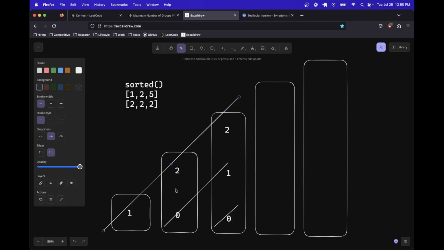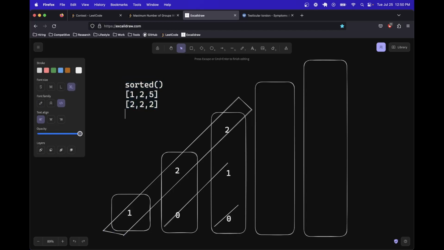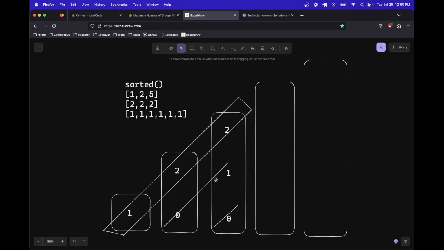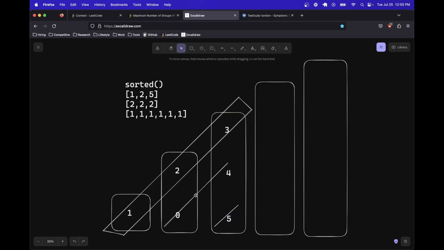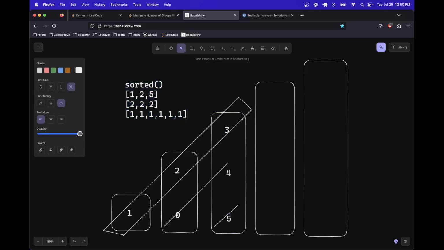we don't care at all what numbers are in this. They can be whatever we want. They could be all 2s. They could be all different elements. If we had, for example, 1 1 1 1 1 1, this would be like 1 2 0, 3 4 5, something like that. And we can see if we have all 1s, we can truly just do whatever we want in the entire